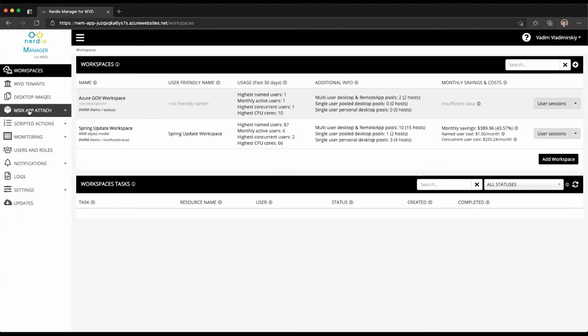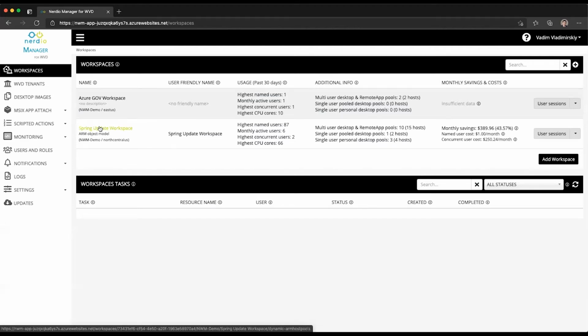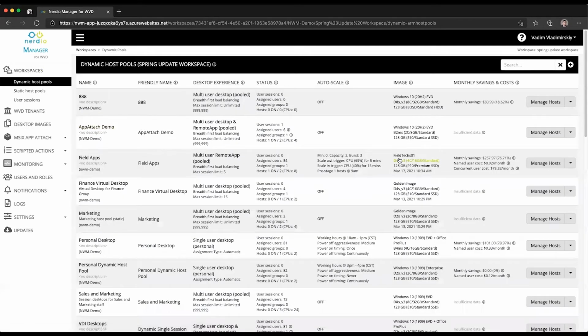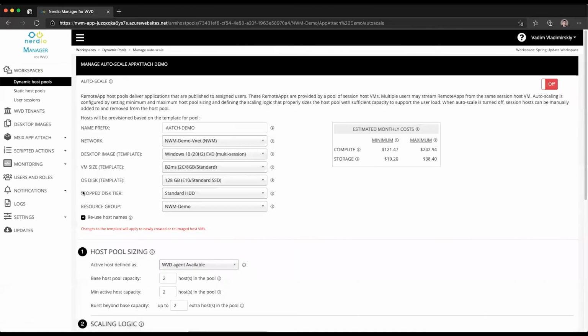So with Nerdio Manager version 2.9 and newer, there is a feature that allows you to optimize the cost of your OS disk. And that is done by enabling an auto scale feature. Let's go ahead and take a look at that feature under auto scale configure. And what you'll notice is that there is now a new setting called the stopped disk tier or disk type